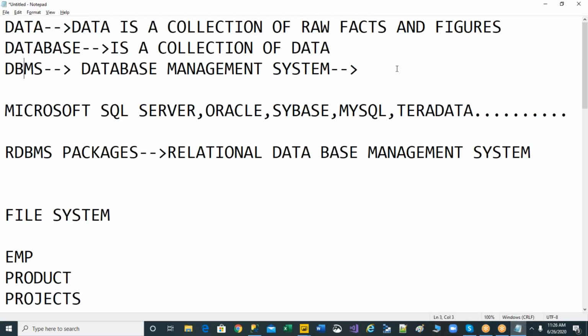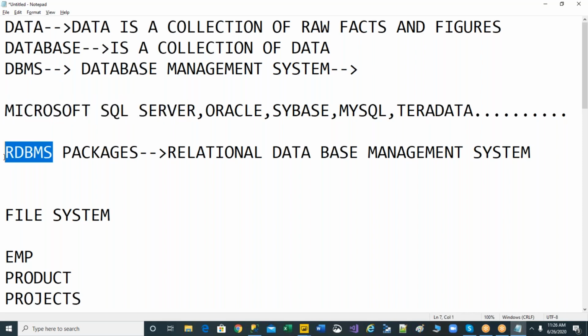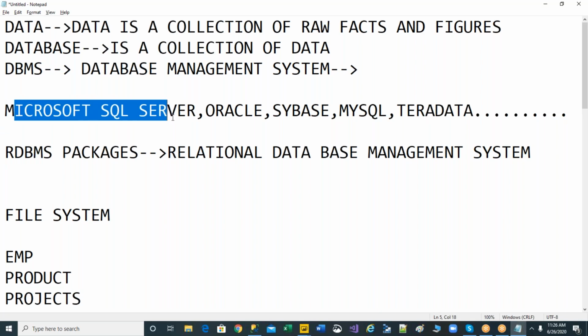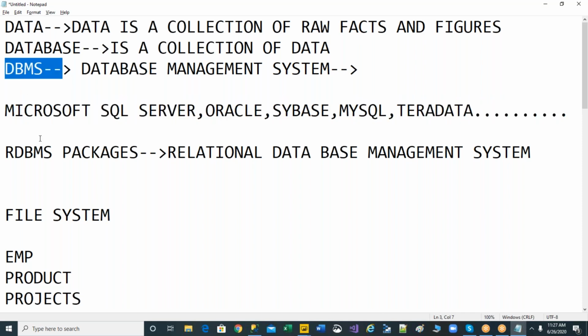So when they were using DBMS and DBMS was doing well, Microsoft and others came up with a new concept called RDBMS. As I told you, Microsoft SQL Server and Oracle are products of different companies. You can call these RDBMS packages. So when DBMS was doing fine, what made people think and come up with the RDBMS concepts? The reason is